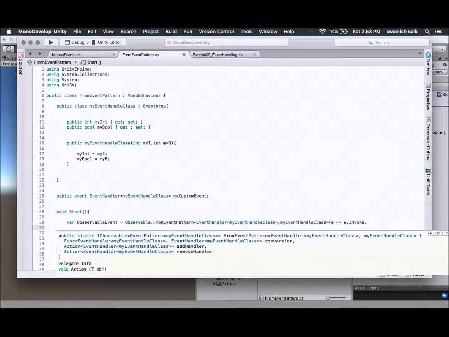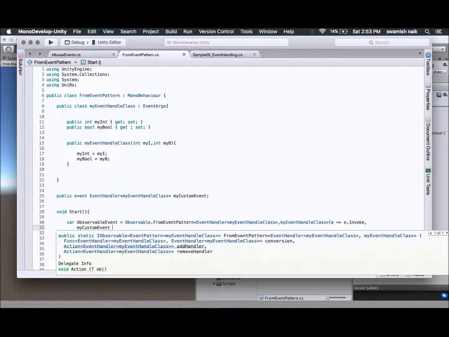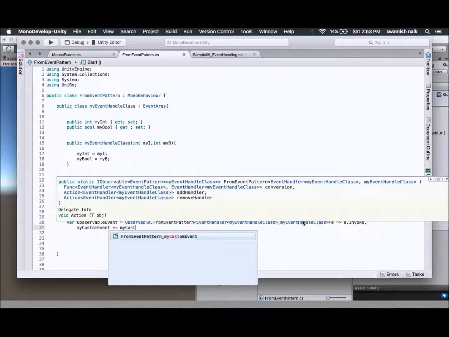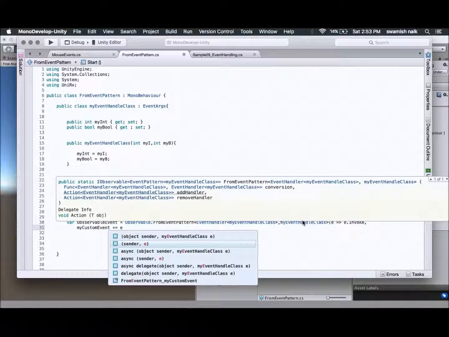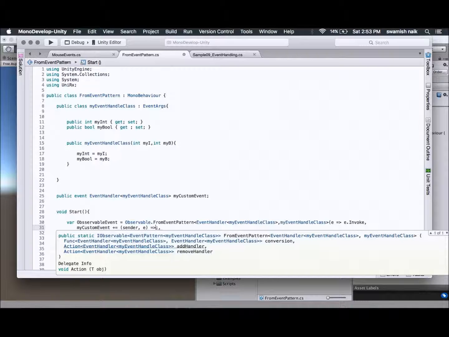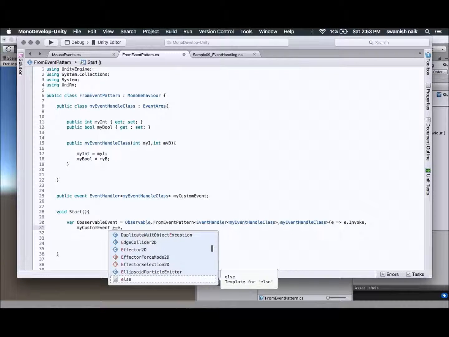Then we will subscribe to our event, that is MyCustomEvent plus equal to e, and MyCustomEvent minus equal to e, we will remove now. First we will add, then we will remove.